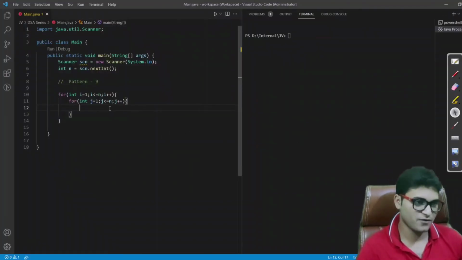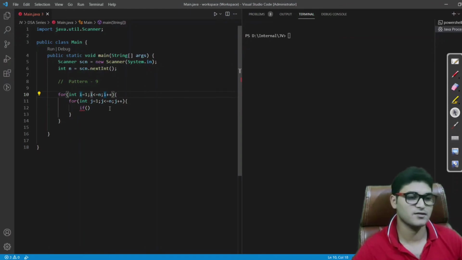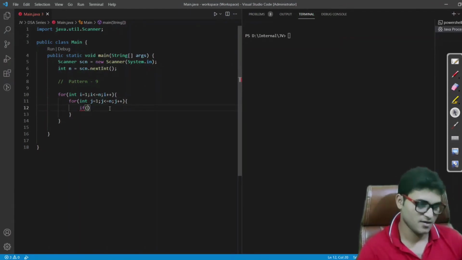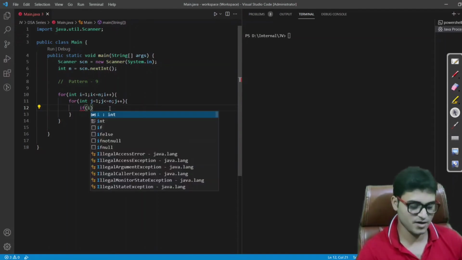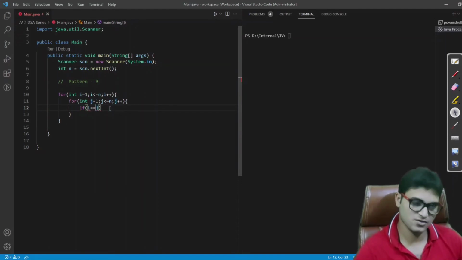Now we need to check if our row is what? Row is i, because we are denoting our row by i. If i is equal to j, what is j? j is the column. So if it is confusing, let me name i as row and j as col, column.